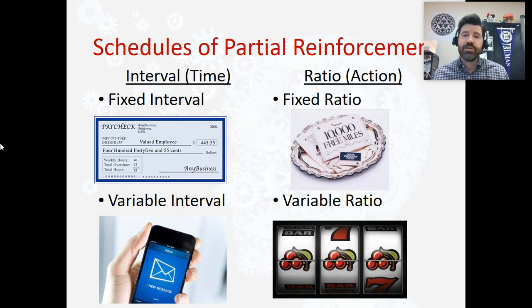Variable ratio, this is where gambling comes in. With variable ratio, you got to do something, but you don't know how many times you have to do that. And so think about a slot machine. Maybe if you pull that lever one time, you're going to win the jackpot. Or maybe if you pull that lever 20 times, you'll win the jackpot. Or maybe you need to pull that lever 2,000 times to win the jackpot. You don't know. And it's addicting because in order to get rewarded, you have to play. And if you stop, man, it could be the very next action that gets rewarded.